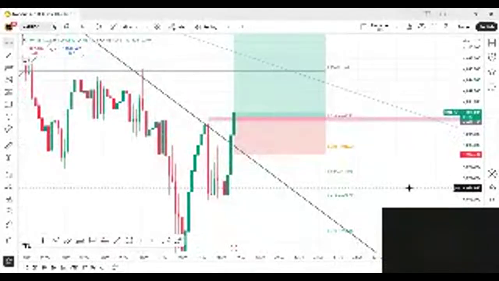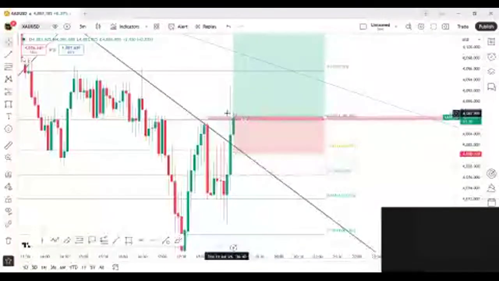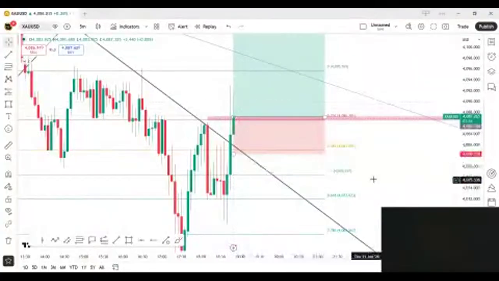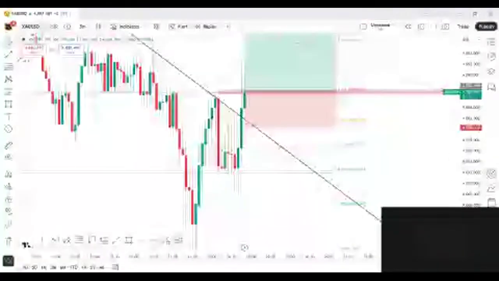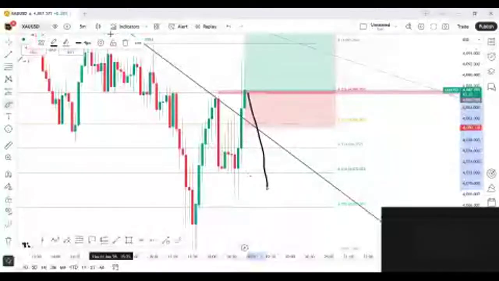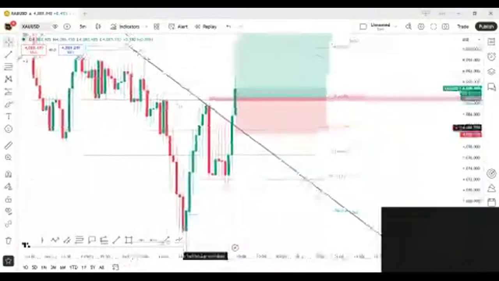Guys, don't enter into a trade. We are just planning, looking for the plans, and waiting for the reactions of the market. Because as I've told you, if the market is unable to break this zone properly and does not give us the 5 minute closing above this zone area, then we can see a very bad selling movement towards the downside. So that's why I think waiting will be much more helpful for us.